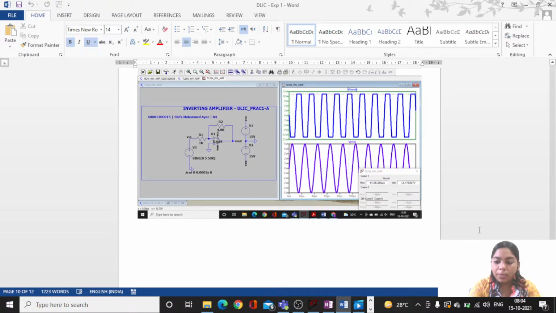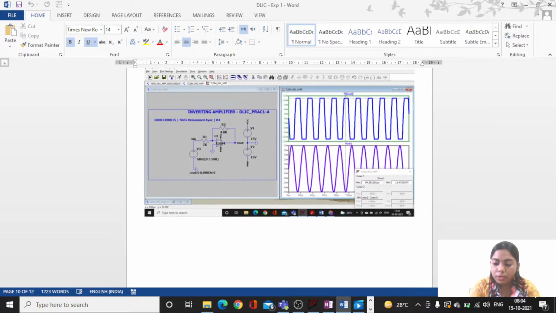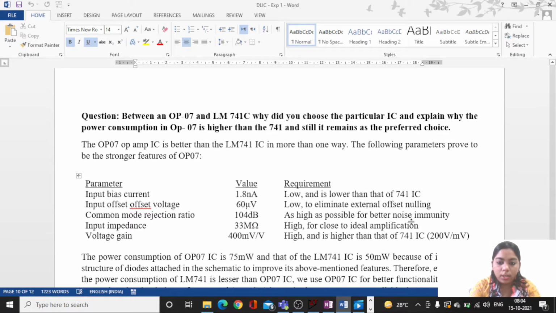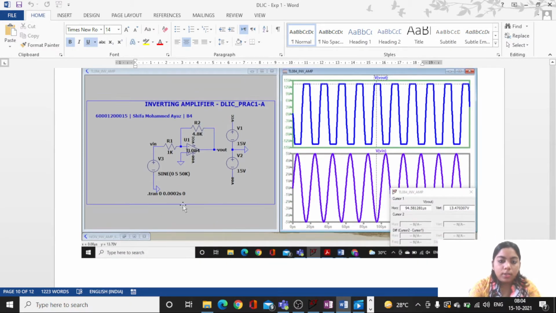One more thing I had to show you. When your op-amp cannot handle large frequencies, like if my input frequency is too large, or your op-amp is not capable of handling those frequencies, I'll get triangular waveforms at my output.